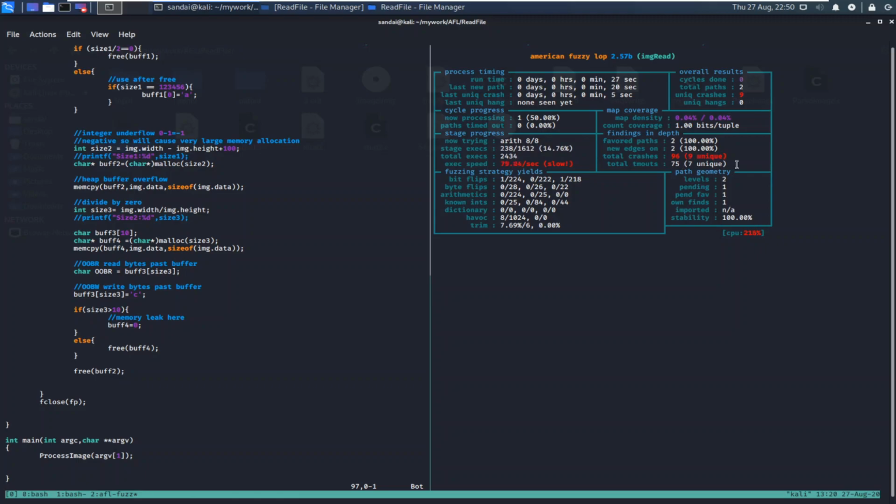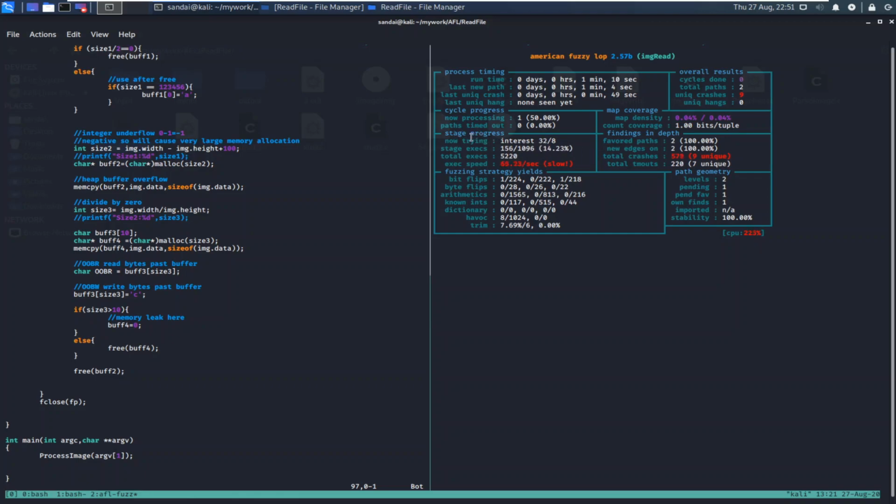Timeouts occur because by default AFL takes some standard default values, maybe around 40 milliseconds or 20 milliseconds, and it waits that much time for the program to respond, to see whether it crashes or not. If it doesn't, AFL marks it as a timeout. So far we have 9 unique crashes. That is good, and our average execution speed varies from 40 to 50 to 80, so we are processing around 50 or 60 inputs per second.